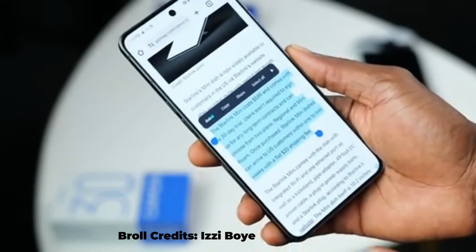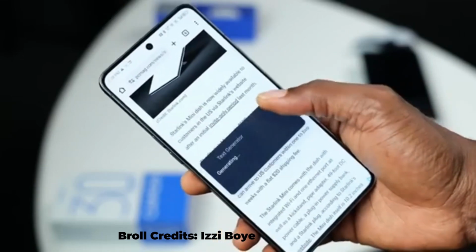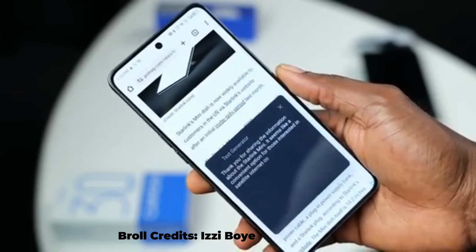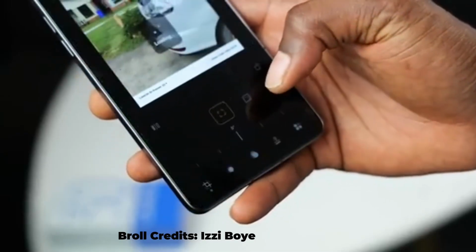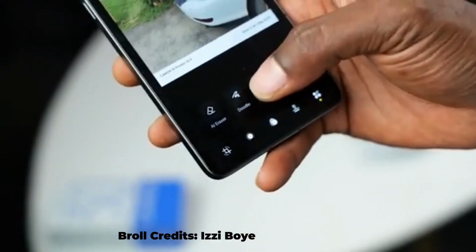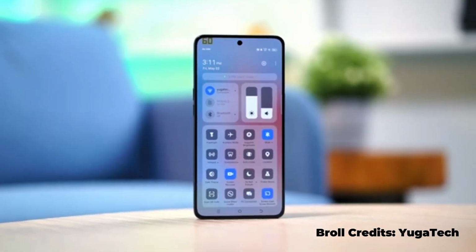It also comes with some AI features to enhance the user experience, and this is outside their AI voice assistant, Ella. This device also comes with text recognition on images when you tap and hold the image with 2 fingers, just like what you usually get on iPhones, and then the AI eraser on images to remove unwanted objects from your images. This device has a Mediatek Dimensity 8200U processor, and from most reviews, the performance isn't bad